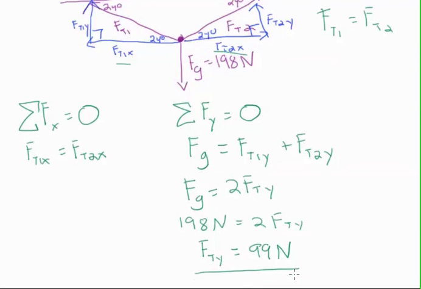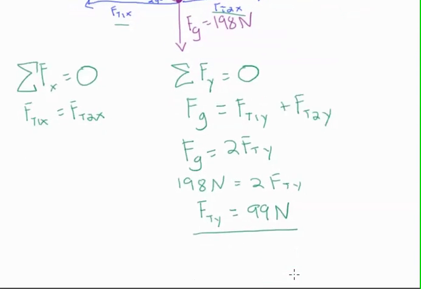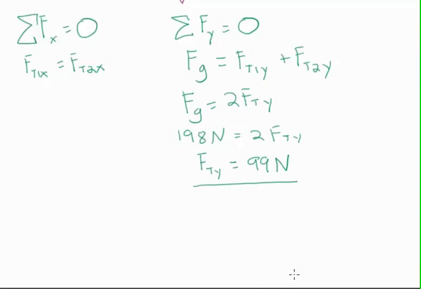And since my triangles above are pretty messy, I'm going to draw a new one real quick. So here's my tension. And I'm going to drop the 1 and 2 because we know that they're identical. And FTY, which is equal to 99. And we know that this is 24 degrees. So since our Y is opposite, we're thinking so,